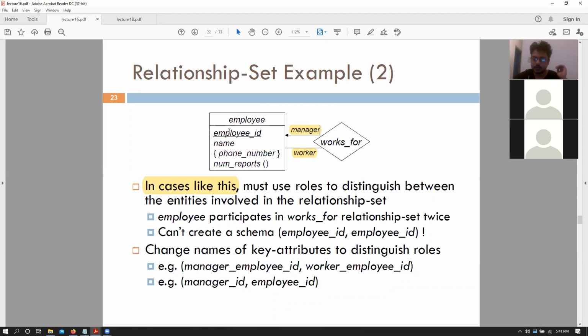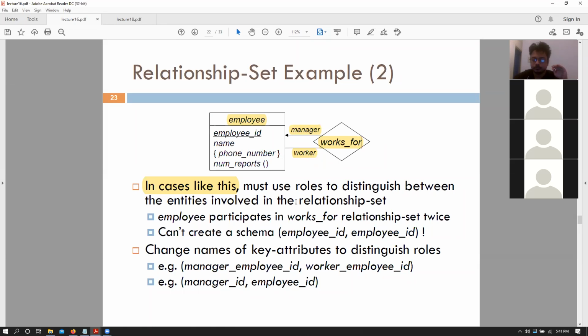All of the employee information is still going to be stored in the same table, but there is this weird relationship that is some employees work for some other employee. So if that is the situation, and you can imagine other cases where this can be true as well, but if that is the situation, how do we model such a thing?